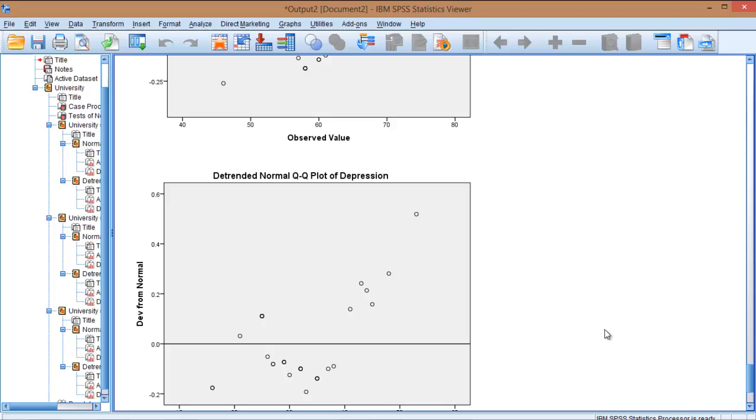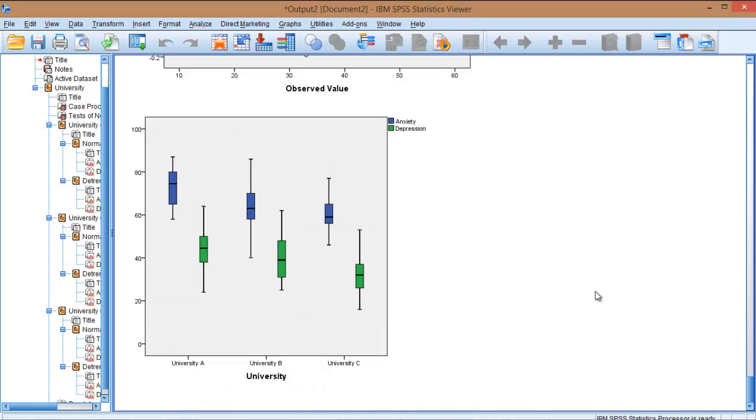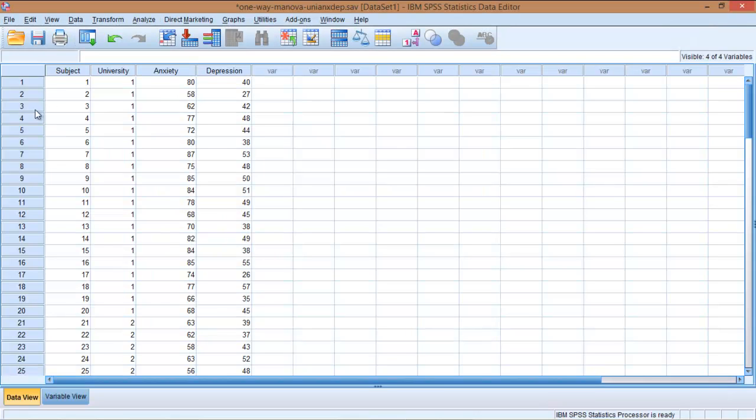University C, and so on and so forth. Now let's take a look at this box plot, and here we are checking the assumption of no outliers. If we have some outlier in our data, we will see a circle with a number. The number will be the number of the case. So if, for example, we have in this 40 case, a number of say